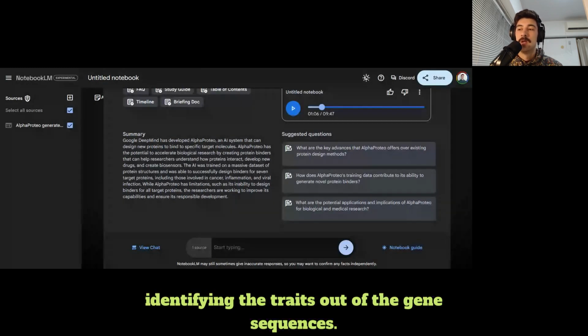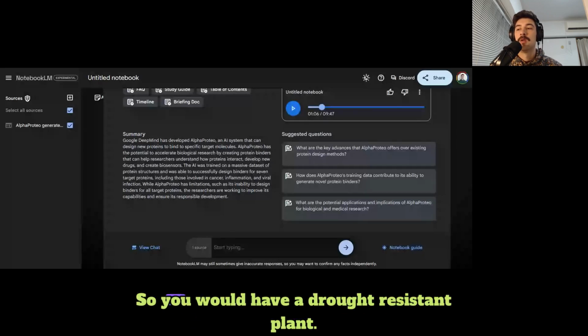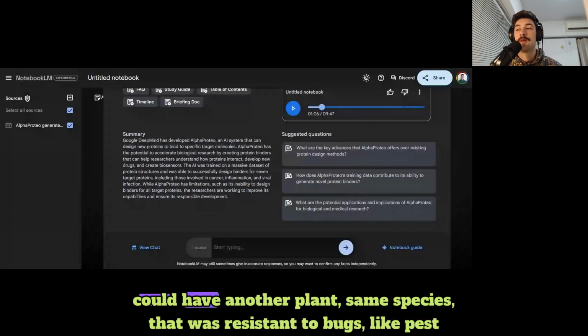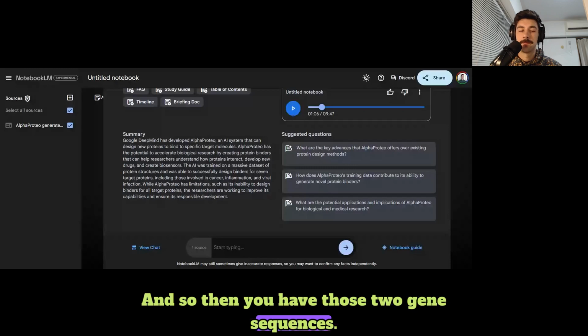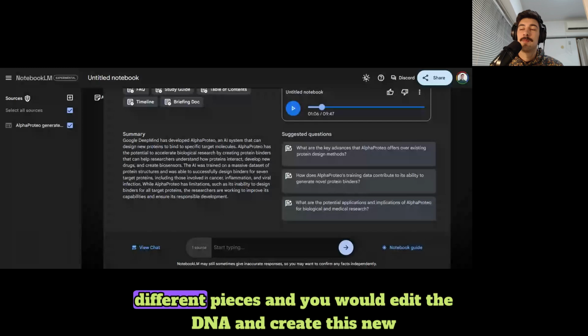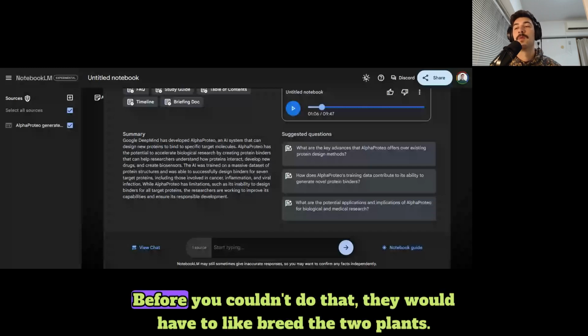the gene sequences. So say that you had a plant that was drought resistant. You would take the gene sequence from that one, and then you could have another plant, same species, that was resistant to bugs, like pest resistance. And so then you have those two gene sequences. What you would essentially do is splice the DNA into these different pieces, and edit the DNA and create this new gene sequence with those two traits with AlphaFold. Before you couldn't do that,